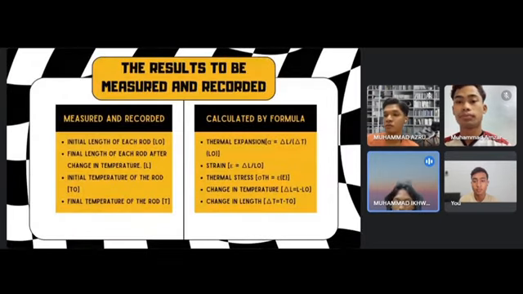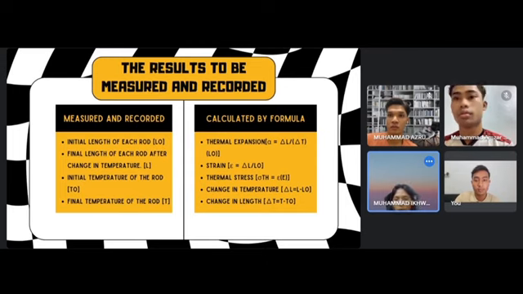In this experiment, the results are divided into 2 different categories, where it is measured and recorded by the apparatus and calculated by the formula. Initial length and final length of each rod, which is denoted as L naught and L respectively, after the change in temperature are recorded. The initial temperature of the rod and the final temperature of each rod, T naught and T,